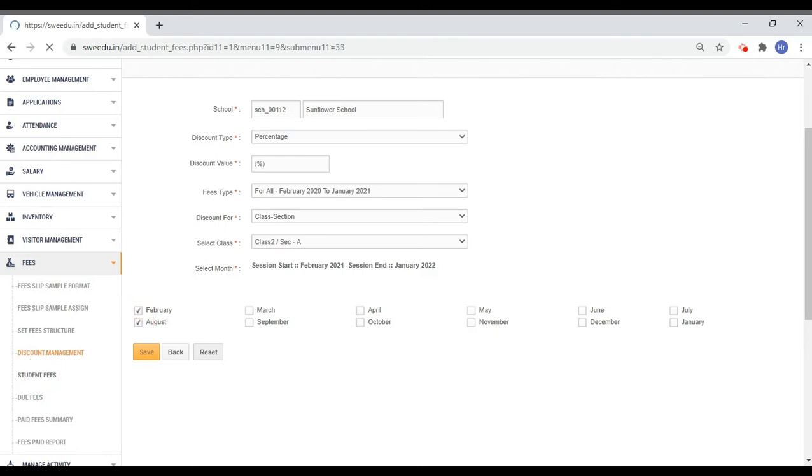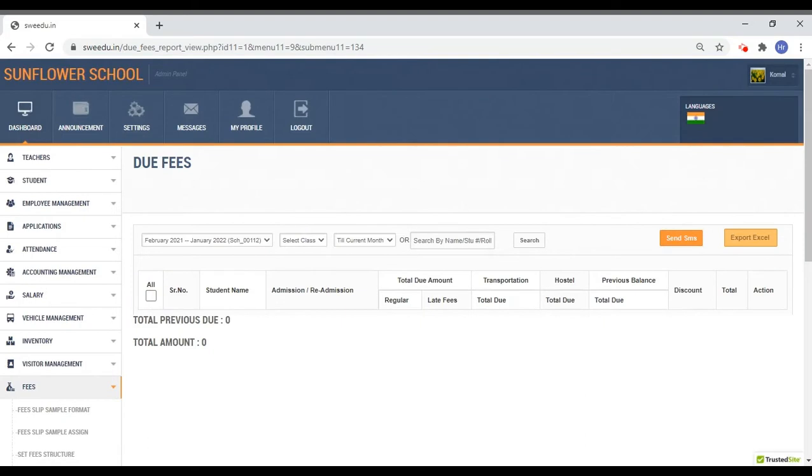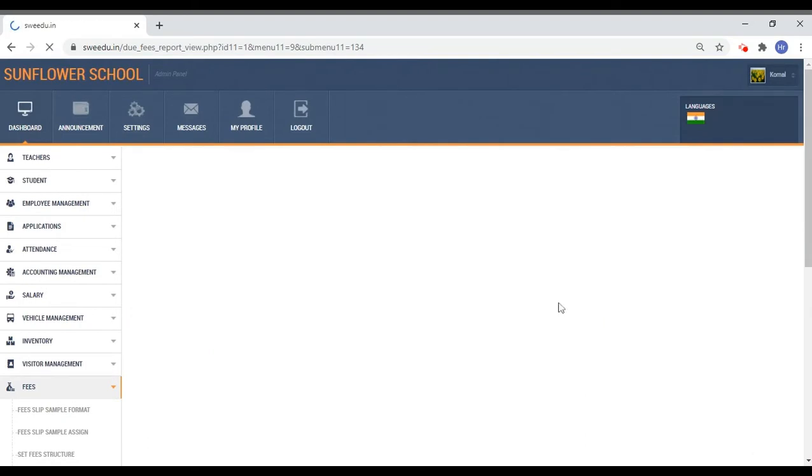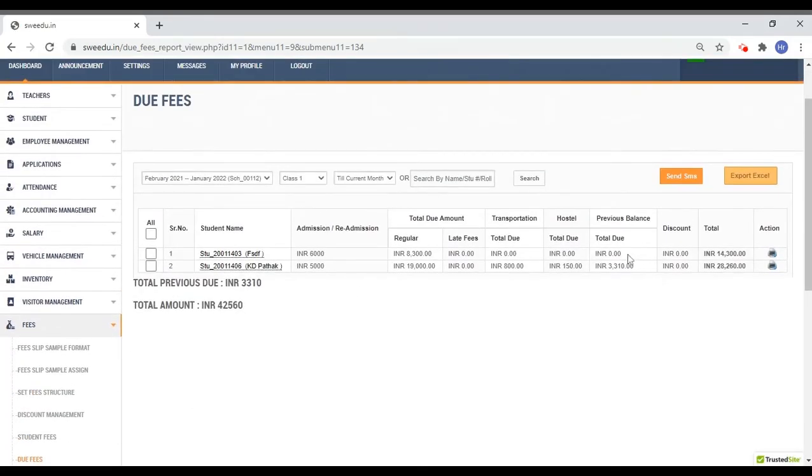In due fees, fees which need to be paid by a particular student or any particular class can be viewed in a particular month or as total fees. By selecting the student, SMS can be sent as a due fees payment reminder.